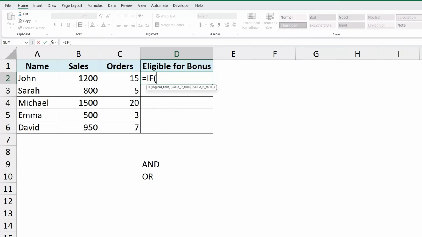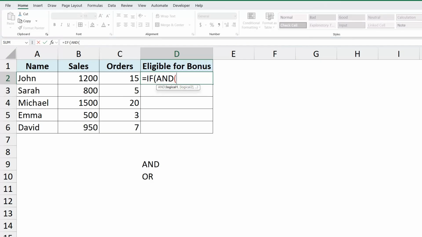And now, again, the first argument from our formula will be the logical test. But in our case, the logical test is the AND function, because we need to validate both conditions, the sales and the orders. Now, we will have AND function,